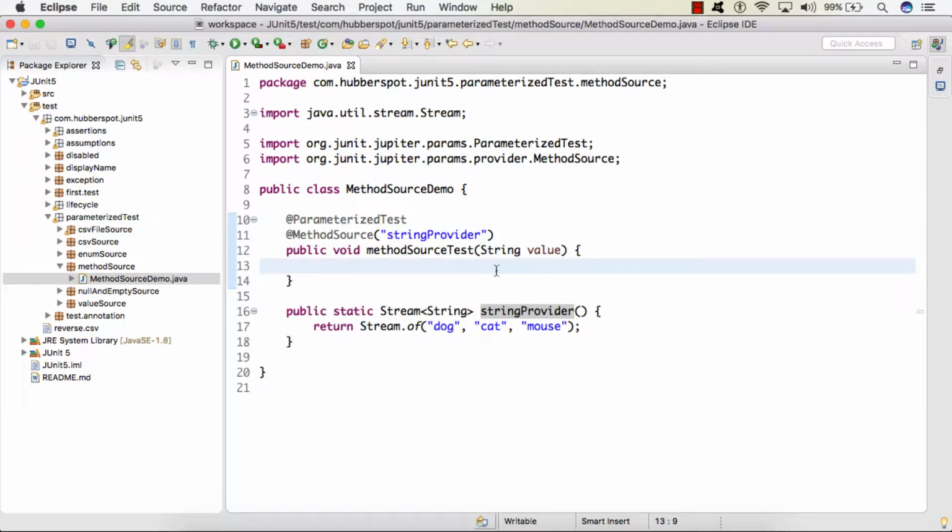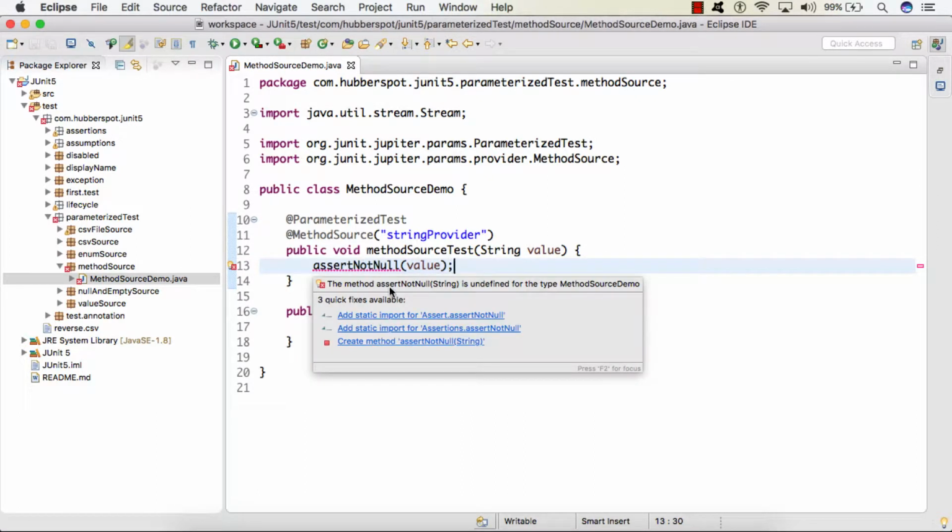So here inside this methodSourceTest, we will get a string value, and here what we simply do is, we provide an assert that it should not be null, just for the demonstration purpose. We'll need to import this.